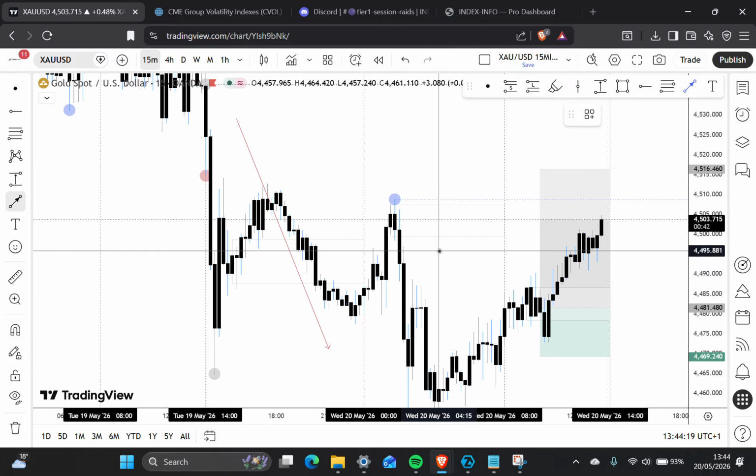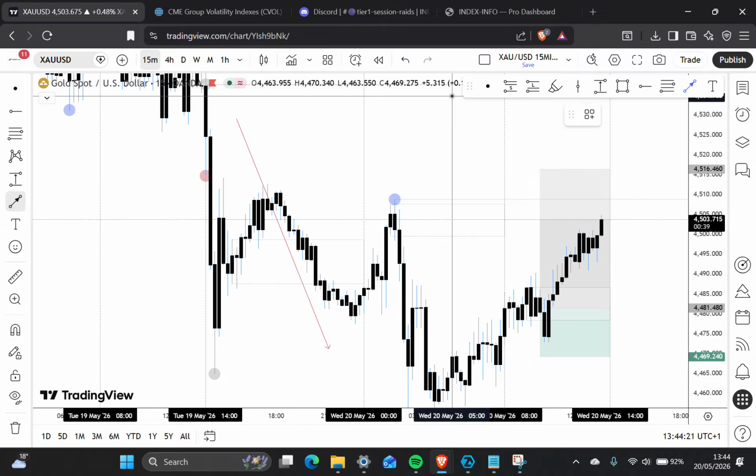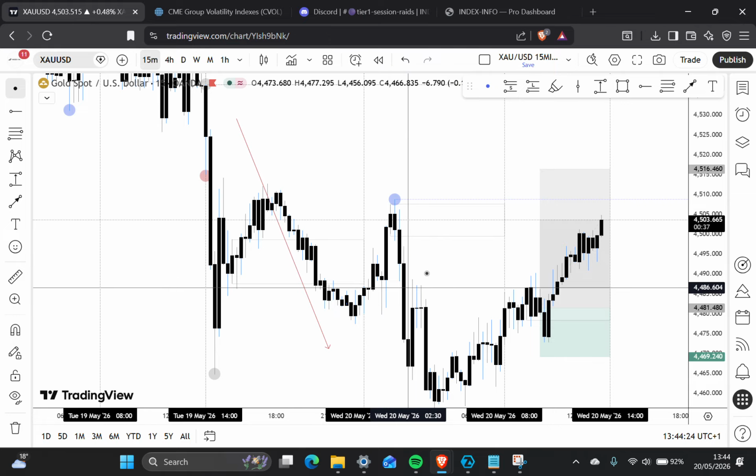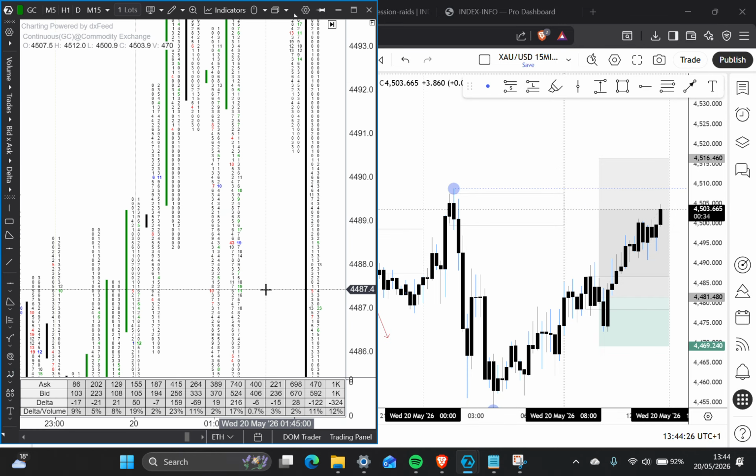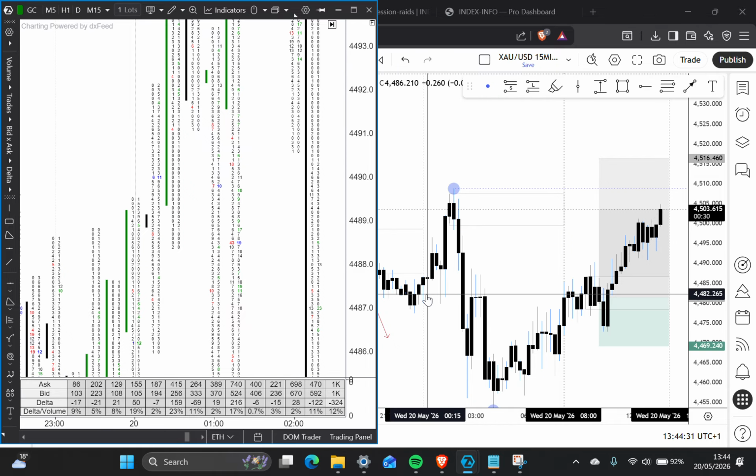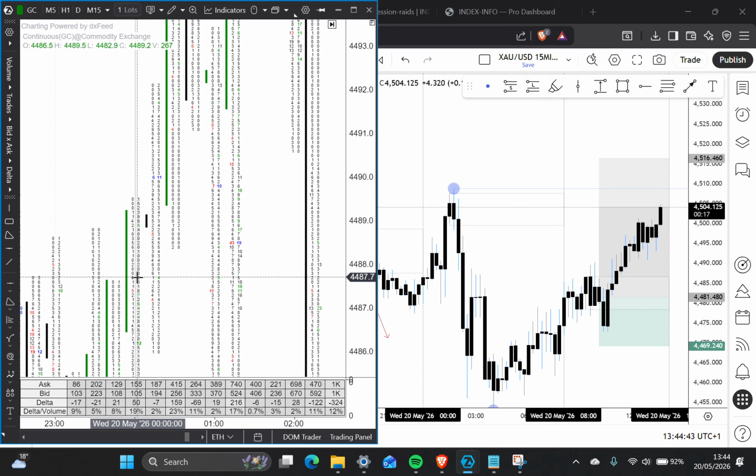In order for me to identify the delta, the required condition here is we need a bullish candle with bearish delta. So a bullish candle with negative delta on the footprint charts, and that specific candle needs to sit inside the first high, the first low, or the breaches. If we look over here, first high 12:15, we need a bullish candle with negative delta. This is a bullish candle with positive delta, so we cannot use that. Let's move on.